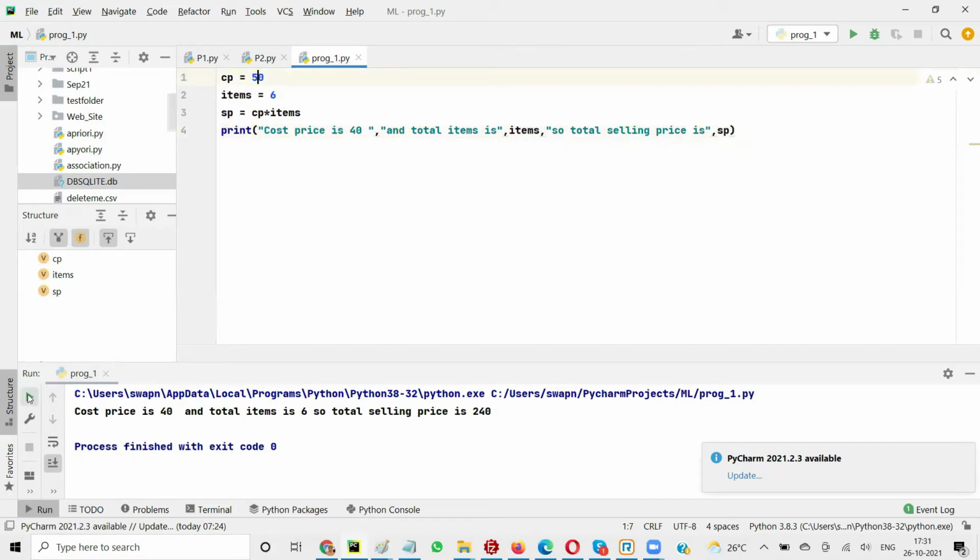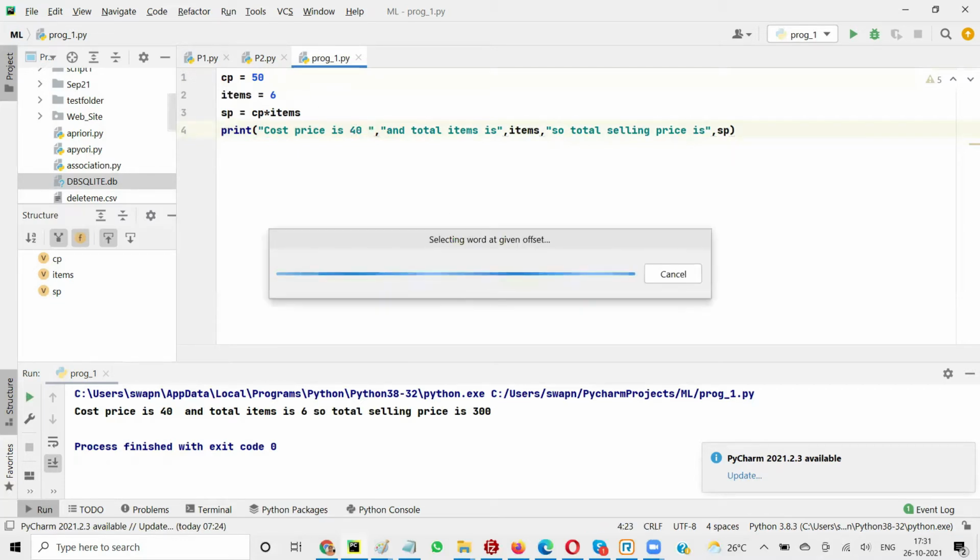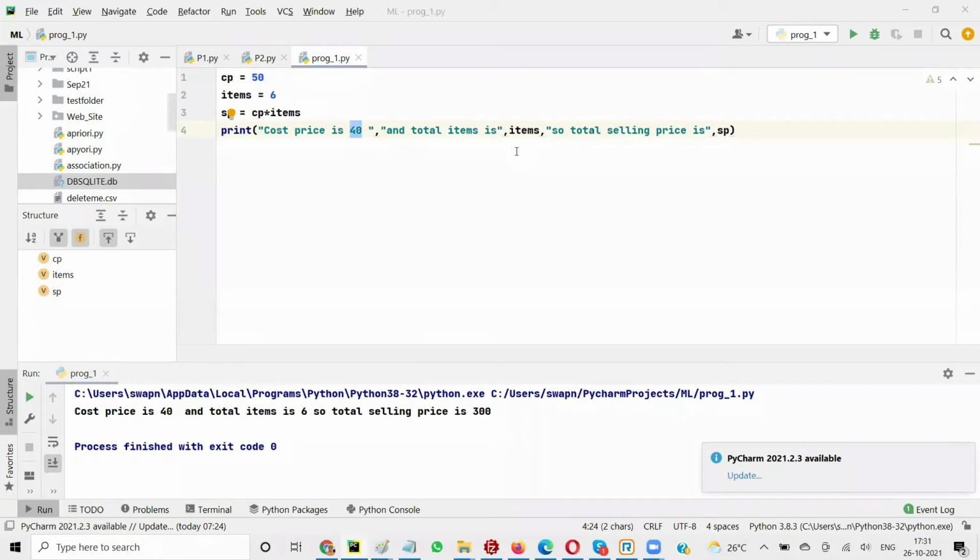Your items anyway will remain 6, but SP will be 300, which is wrong, right? 40 is not right. So when we put a variable, it will change along with the variable, isn't it? That's why we should be using the variable name rather than trying to give a fixed value in the